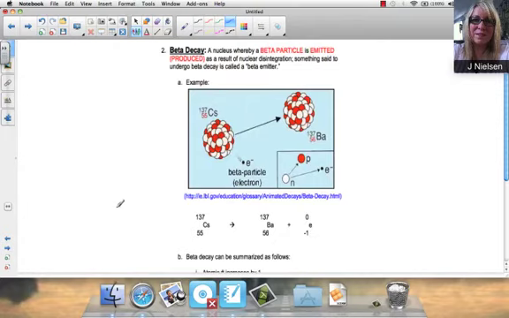Beta decay is when a nucleus emits a beta particle. So it's produced as a result of the nuclear disintegration. Something said to undergo beta decay is called a beta emitter. The word emit means to basically release. So here you can see that cesium-137, which is also on table N, undergoes beta emission and turns into barium-137. Now, what happens in this process is that a neutron is converted to a proton and an electron is